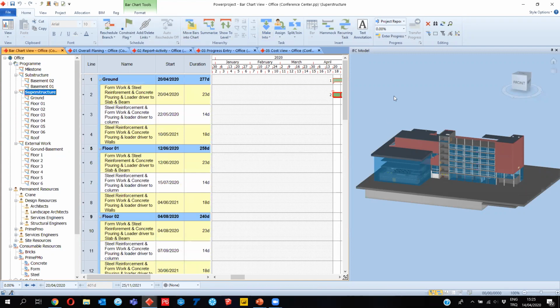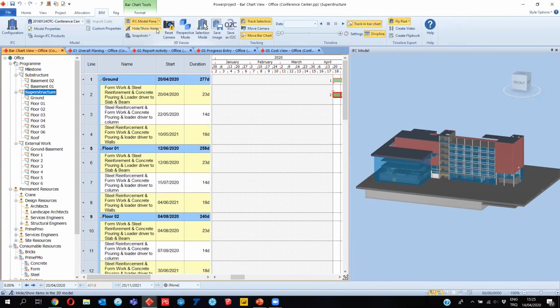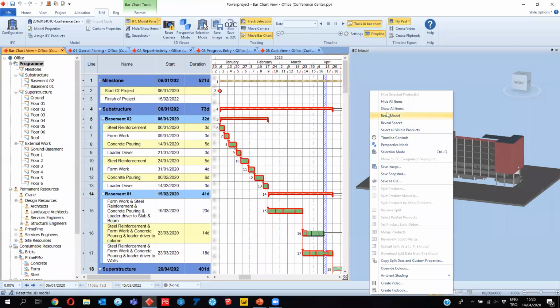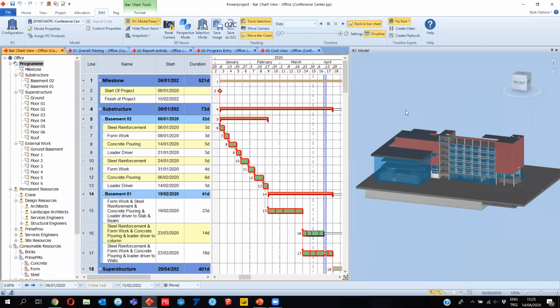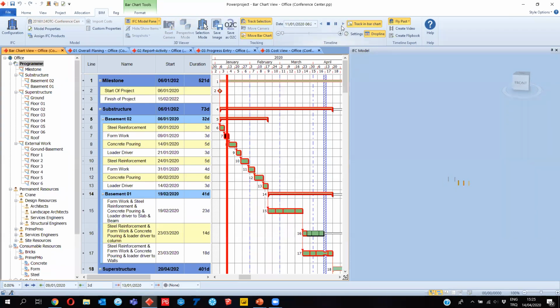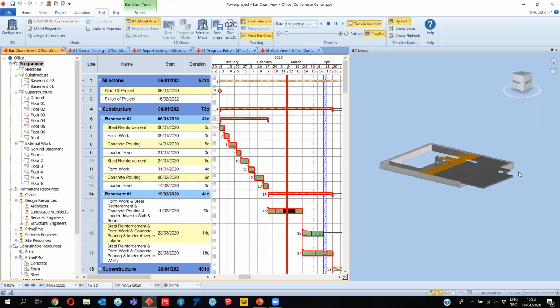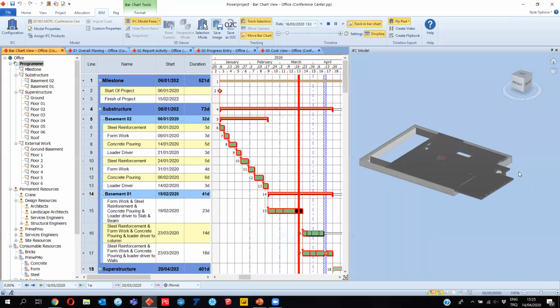And once I want to see all these things in our model, I can directly go to the BIM and say show view. Okay. So if I want to go back to my model, I can right click to show all items. And let's start our simulation. So you can see a red line going day by day, and you can see the activities on the Gantt chart, and also you can see all the activities, how they are going to be constructed in our 4D